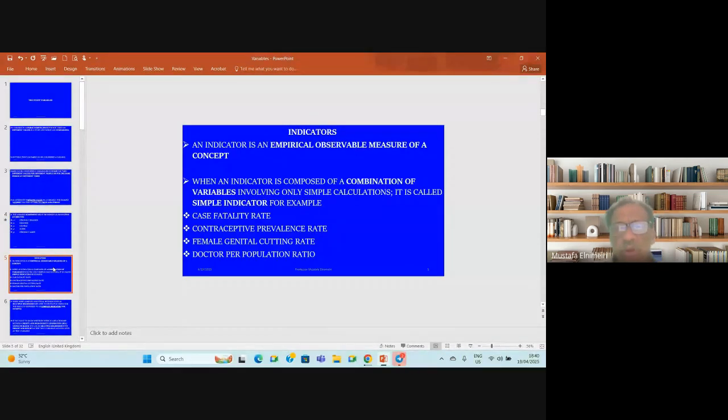Sometimes we talk about indicators. An indicator is an empirical observable measure of a concept. When an indicator is composed of a combination of variables involving only simple calculations, it is called a simple indicator. For example, case fatality rate, contraceptive prevalence rate, female genital cutting rate, doctor per population ratio. All these are simple indicators composed of